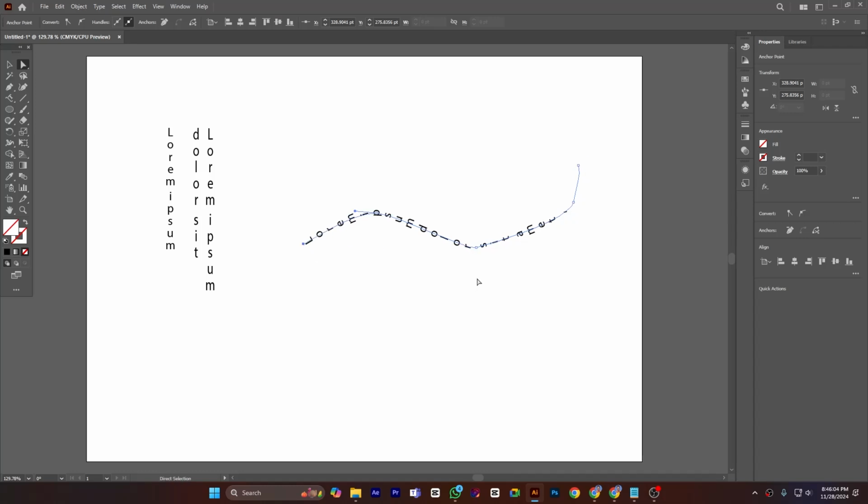Okay, so I have already discussed the type tool. You can watch that tutorial, and today I have discussed the vertical type tool. So that was it for